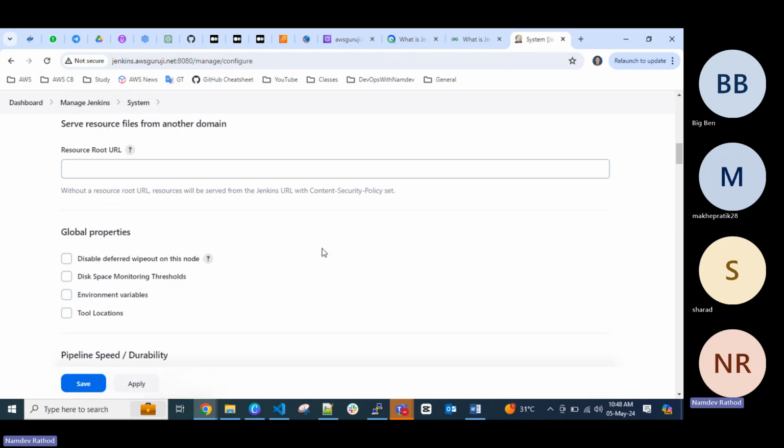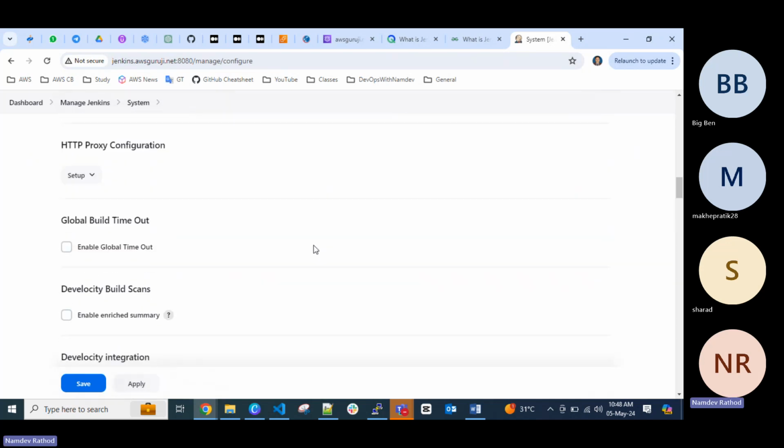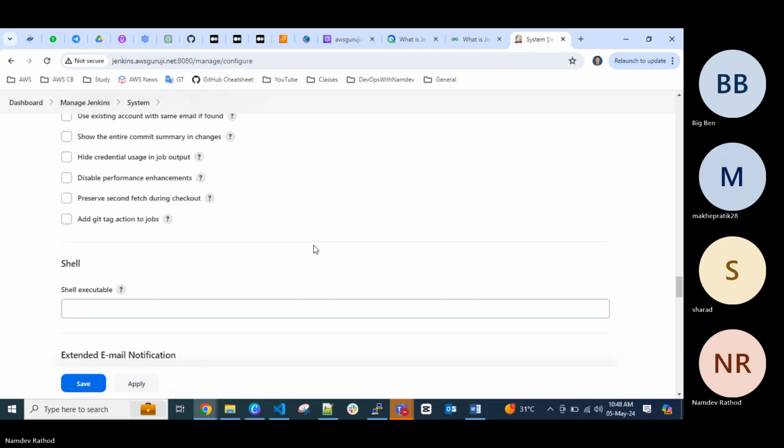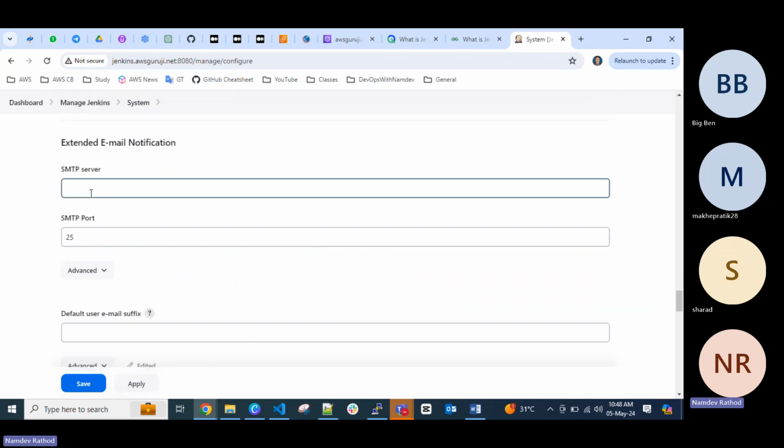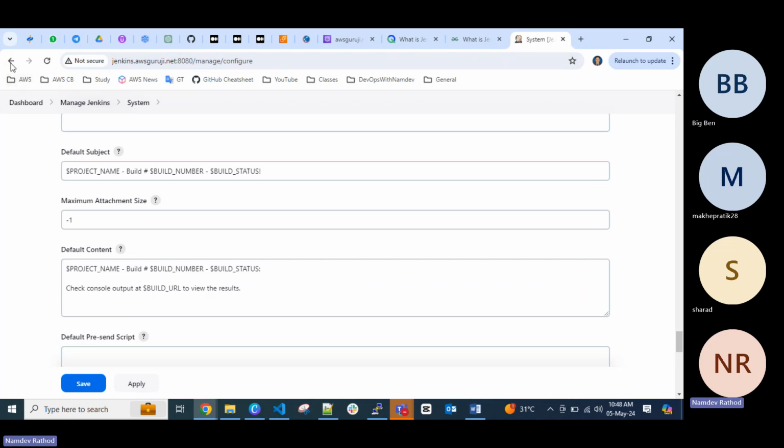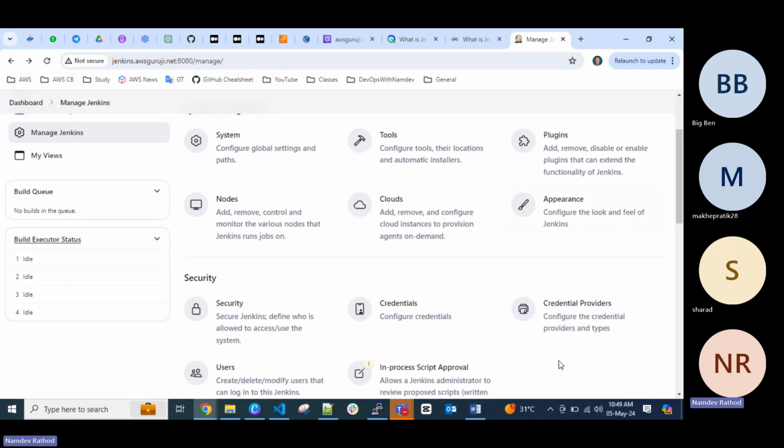So before that, we can add the SMTP details in that configuration here. Let's say smtp.gmail.com. So tonight I will test all these settings. Then in the next session, Saturday, I will show you in detail